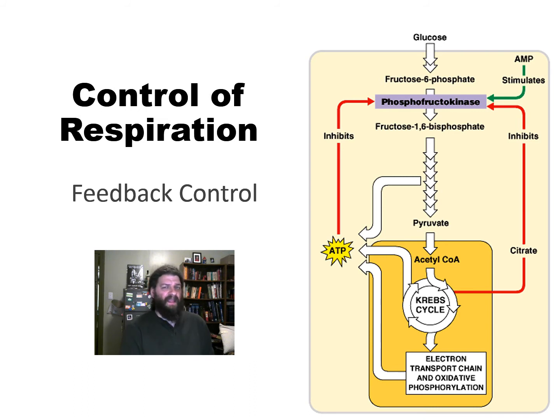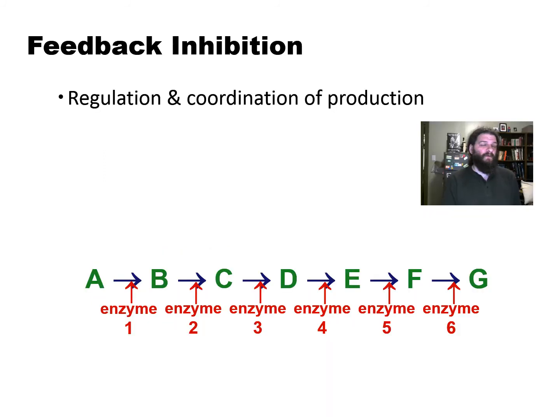Speaking of enough ATP and whether it's going to make more ATP or convert some of those intermediaries back into fuel storage molecules, how exactly is this done? How is respiration kept at just the right rate? We've spent some time already talking about enzymatic regulation and feedback inhibition as a mechanism of enzyme regulation. If that sounds weird, then go back and do some review, watch the video, do the readings, that good stuff.